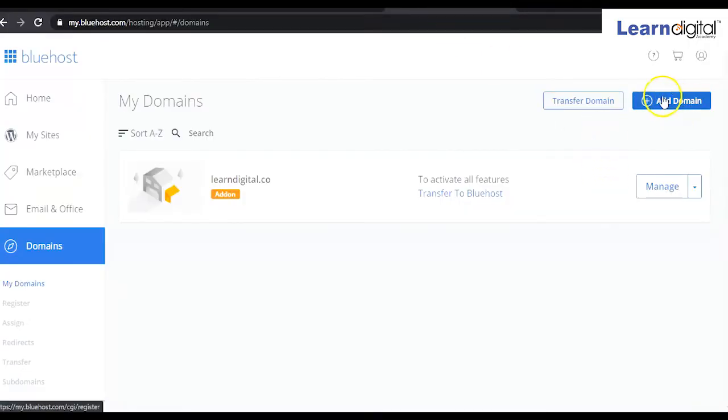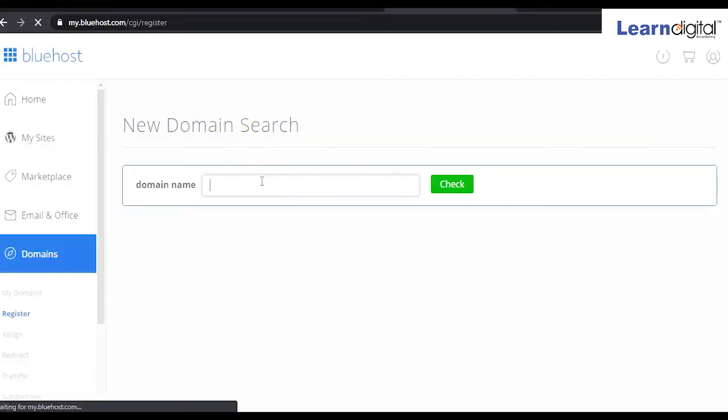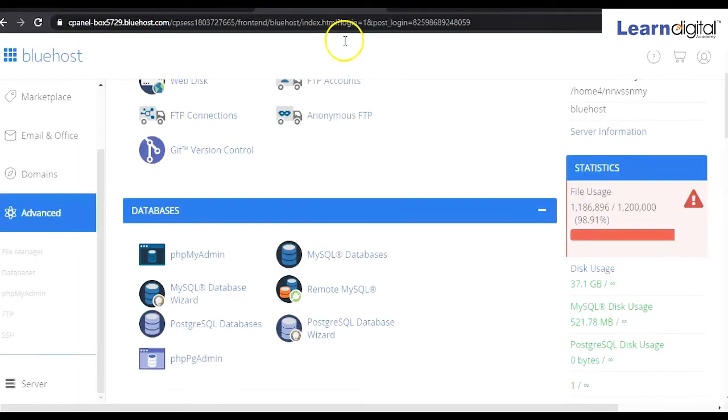Yeah, here we can see Add Domain, right? If you want to add a domain, just click over here and type your domain name, or simply copy the domain name and paste it over here. Then click on Add On, so your domain will be added over here.